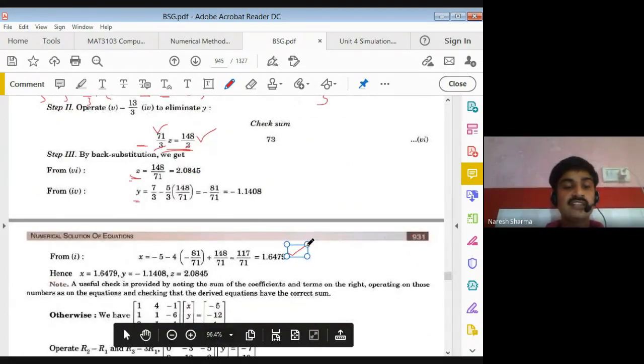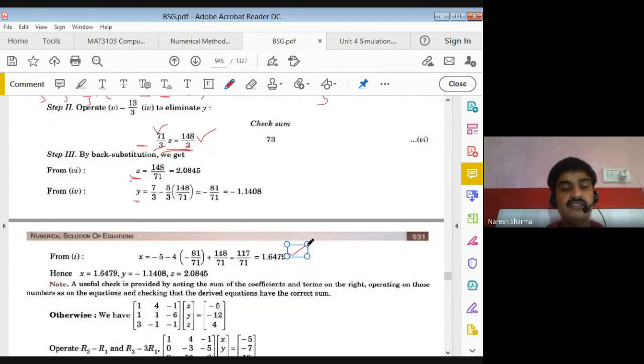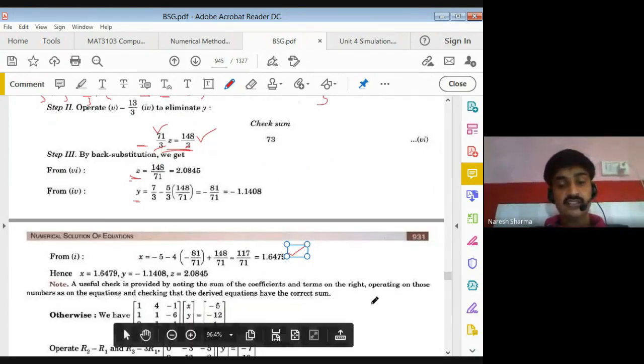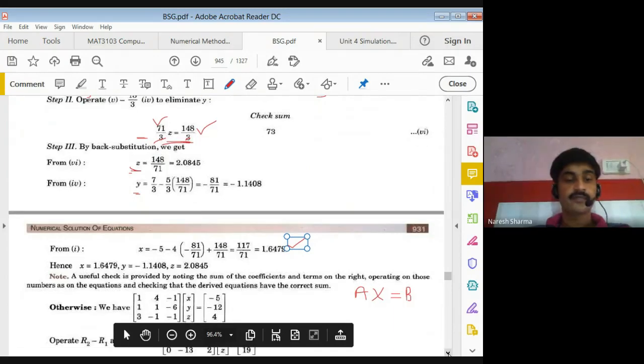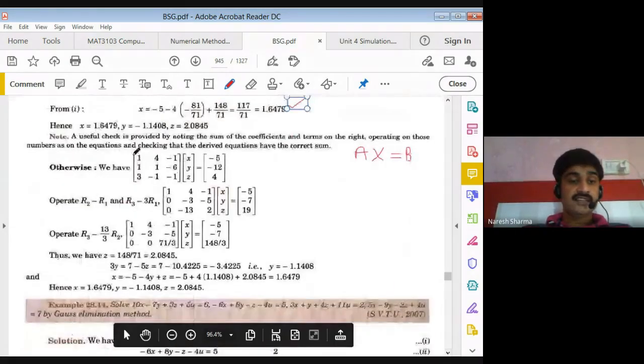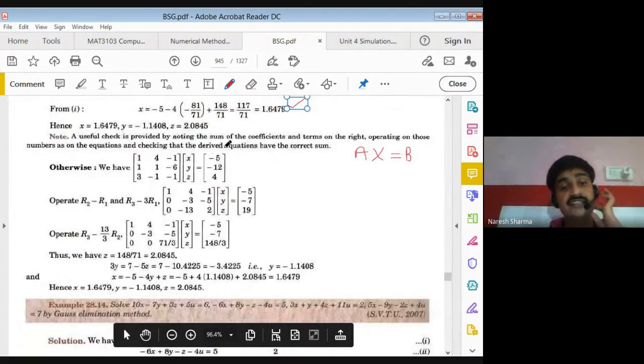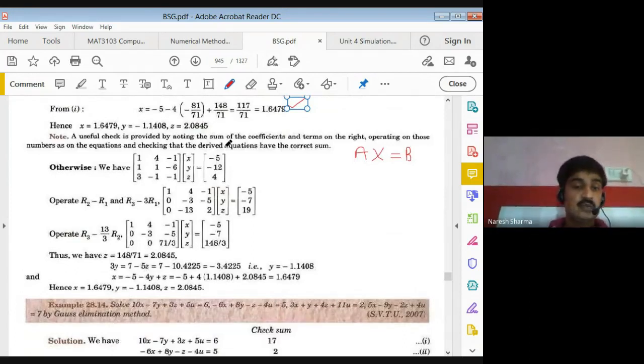We can also solve the same question by writing this in the form of a matrix. The procedure is the same. So we just write the system of equations in the form of Ax is equal to b. This is your A matrix, this is your right side B matrix. So we can apply the same row operation on this side and this side also. Same operation as we already applied.